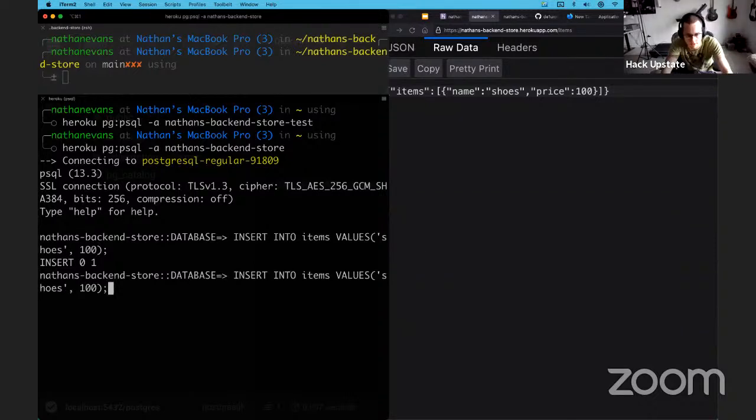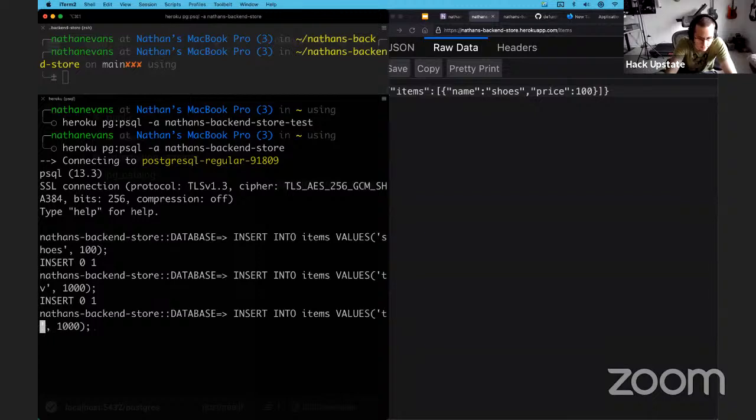And we can do more inserts if we want. We can insert, let's say, a TV we're selling for $1,000. You can only insert it if you added that item, right? And you can add whatever items you want. This is just an example. So I added a TV for $1,000. I'm going to add